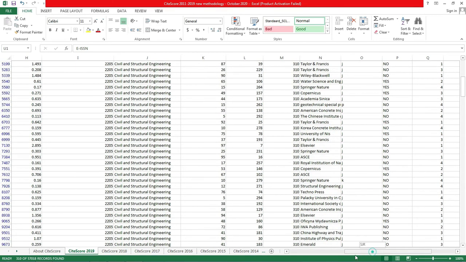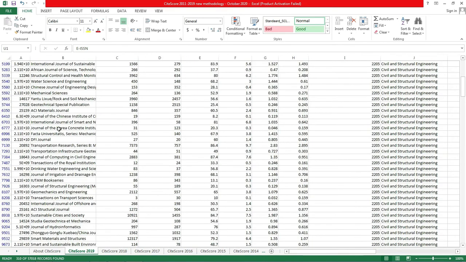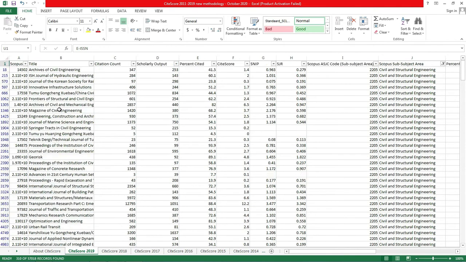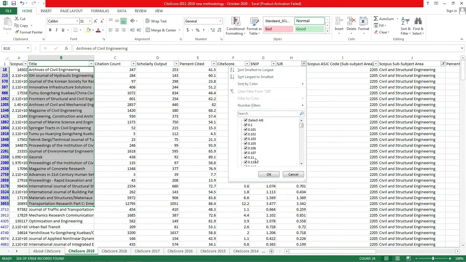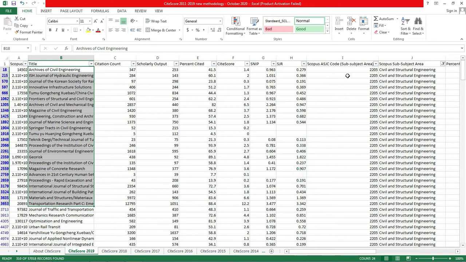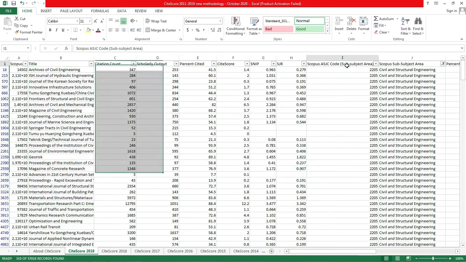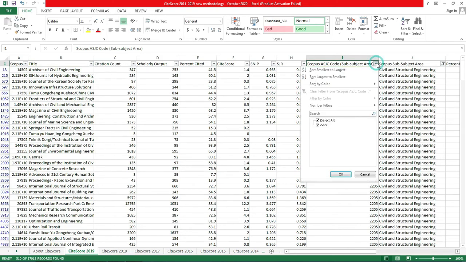In this we have multidisciplinary and whatever the subject is. If researchers want to publish their paper in a multidisciplinary journal, you can choose that also. All the journal names are in column B, the title, and then the citation count, everything is there. And you can choose the CiteScore also, and SJR ranking also. If you want a higher ranking, you can go for the higher ranking. If you want to go for the lower ranking, you can choose lower ranking journals only.